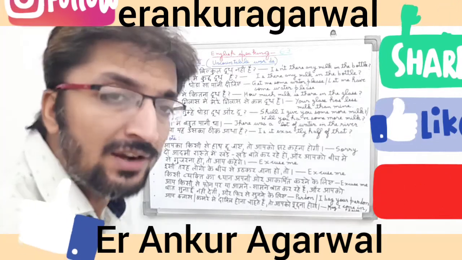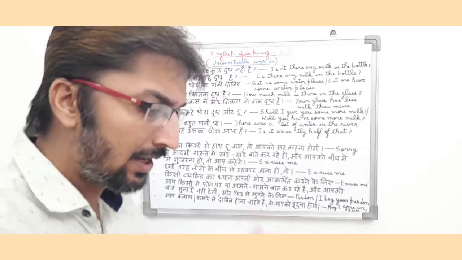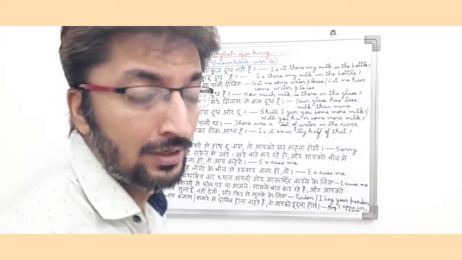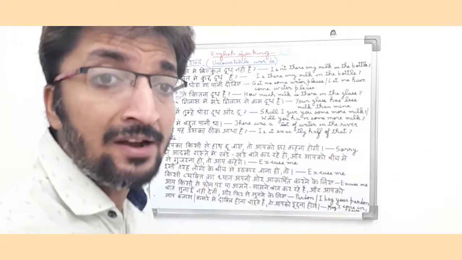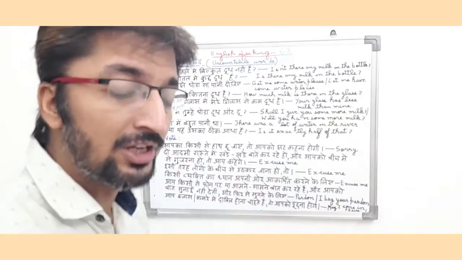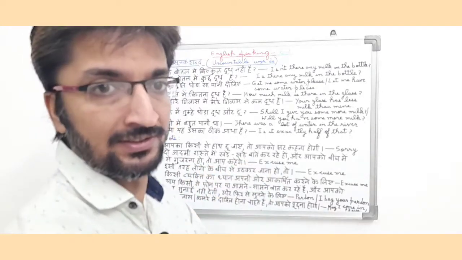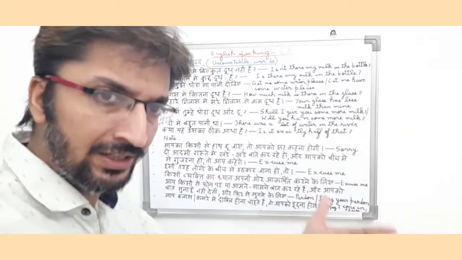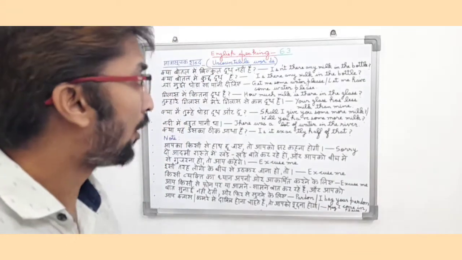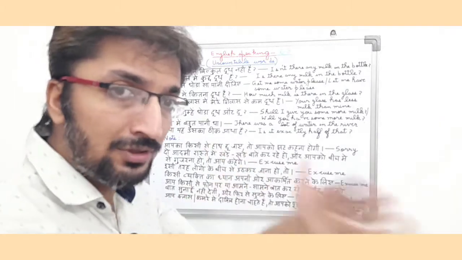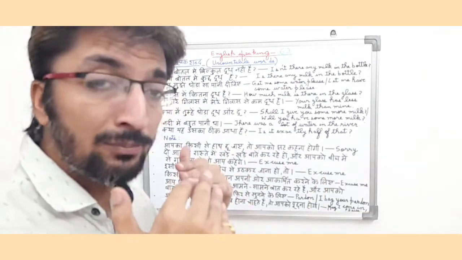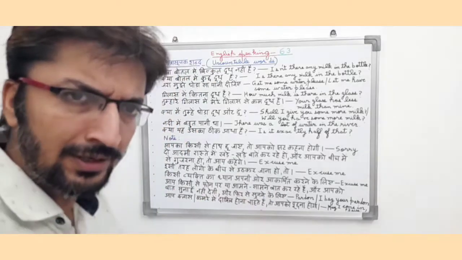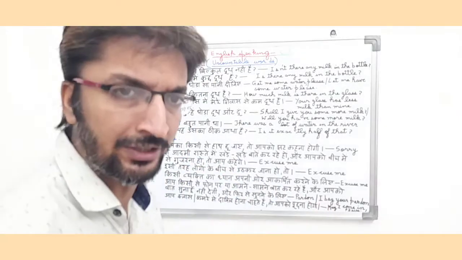Friends, recently we had started our English speaking course, and in that course I had covered 62 lessons of it. And in part 62 I had discussed how to use countable words in our English sentences. So friends, today we are going to start our English speaking part 63 and I am going to start the topic मात्रा सूचक शब्द, or in English, uncountable words, that how do we use them in our English language. So friends, let's start our English speaking part 63.